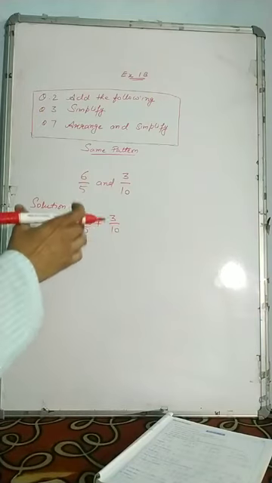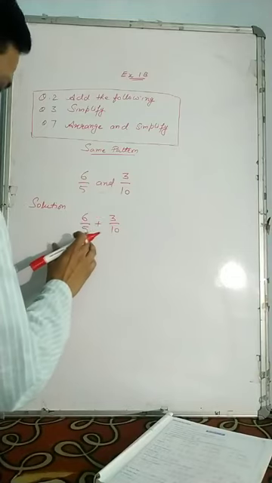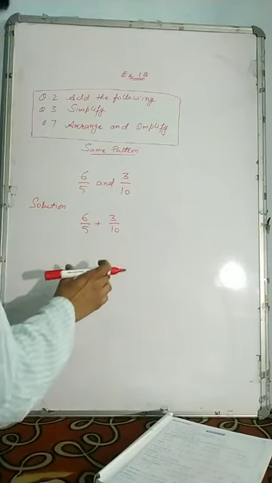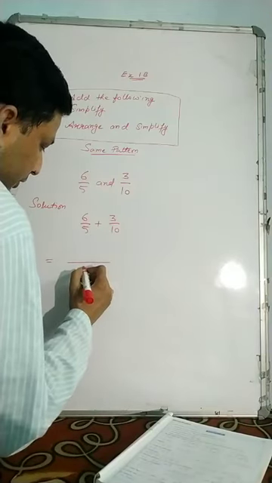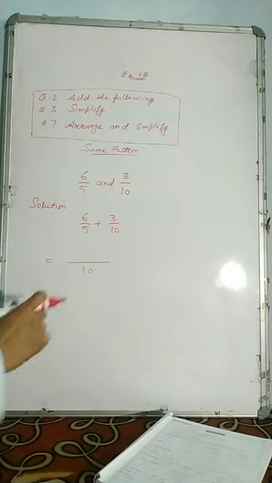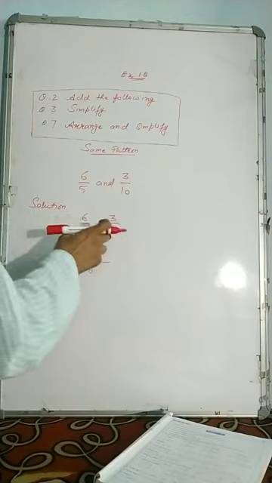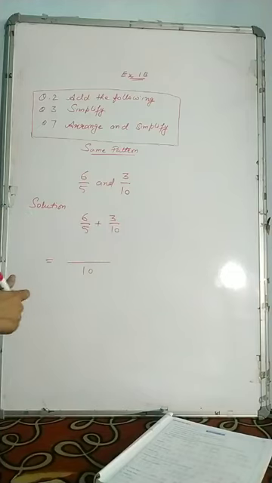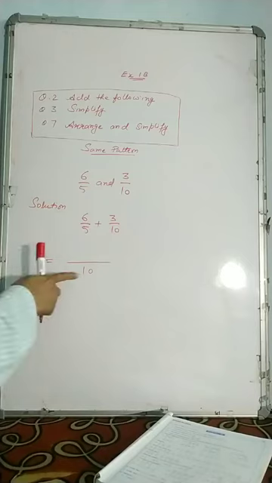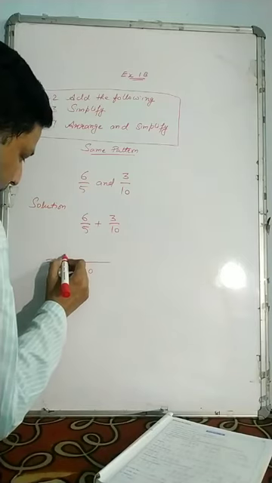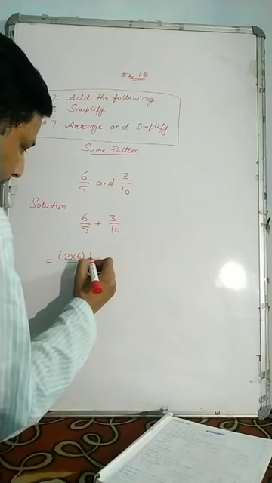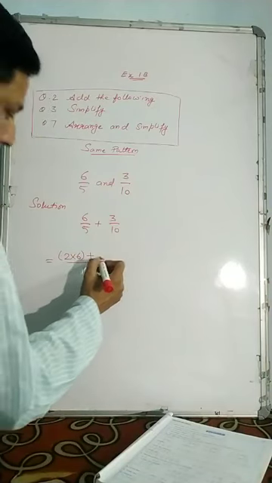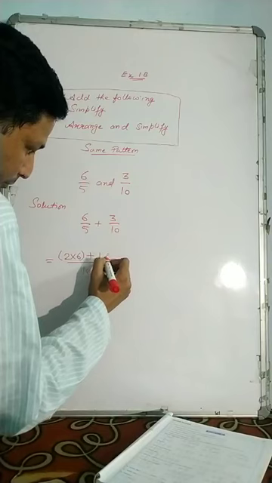So first of all, we will convert these both denominators into the same denominator by using the LCM. And the LCM of 5 and 10 is 10. So we write 10 as a common denominator for both different denominators. Now moving on. In the table of 5, this 10 will come for 2 times, 2 into, then 6, take bracket, then plus, 10 in the table of 10, it will come for 1 time.